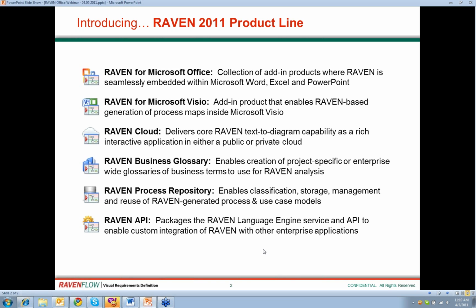Raven for Visio, we've separated that out from Raven for Office because Visio is not a formal part of the Office product suite from Microsoft. It is sold and licensed separately. And so in recognition of that, we kind of carved it out from a product packaging perspective, but also because